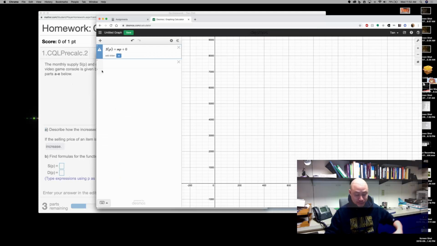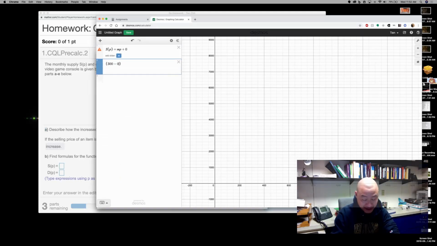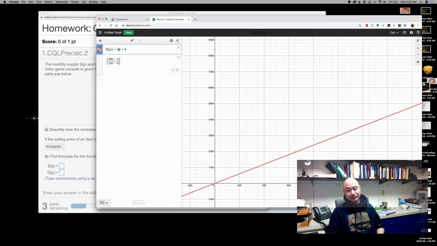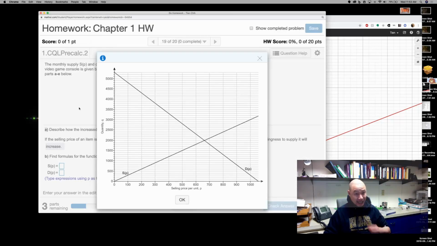To see it algebraically, my change in Q divided by my change in P is 300 over 100, in other words 3. So if I graph my supply curve, I get something like that: Q = 3P + 0. And that more or less looks like the curve that we were working with, right? Now, let's take a look at